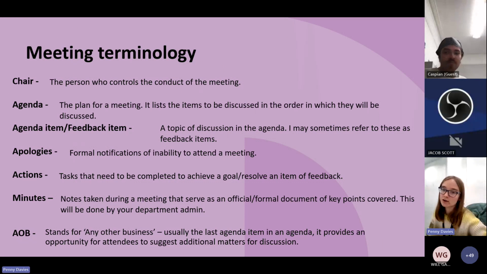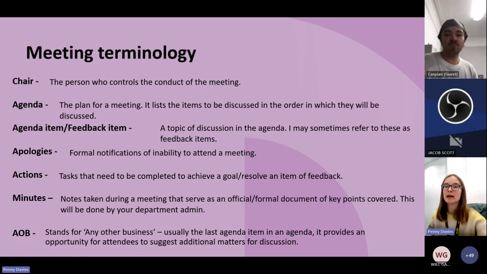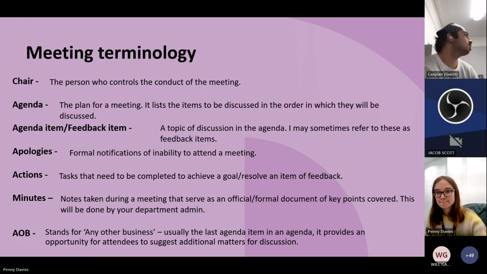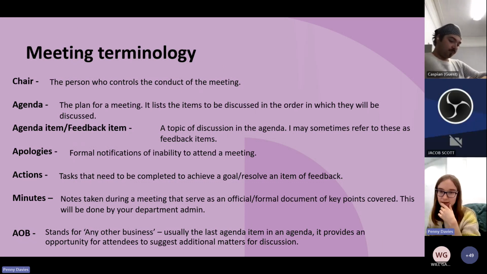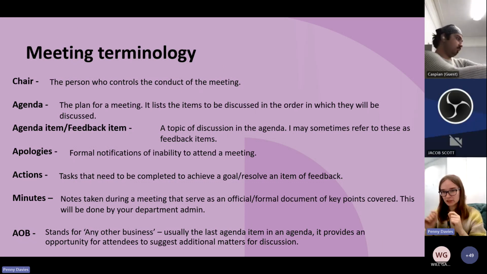Now, actions are goals to achieve by the next SSLG. Pretty much. I will still go through these to give you the exact definitions. Cool. Also, if you do still have questions, feel free to keep putting them on the chat, and I'll come back to them later because a lot of you have very similar questions and very specific questions.